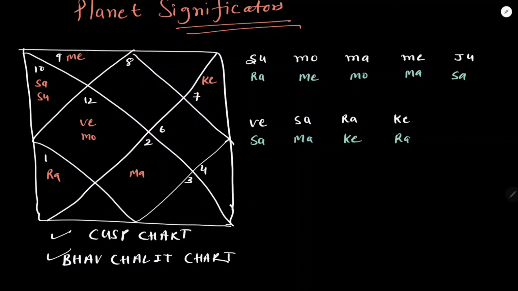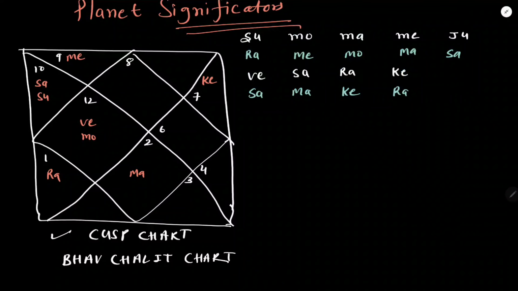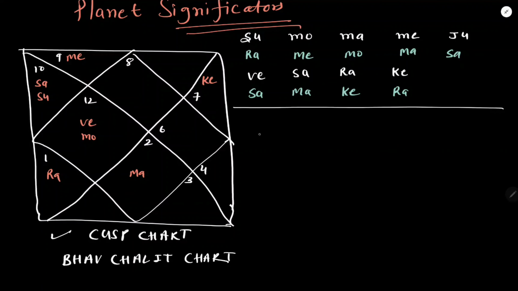This is the planetary position at that time. The sun was in the Rahu nakshatra, moon was in Mercury nakshatra, Mars was in moon nakshatra, and so on. These are the planets, and below that we have the nakshatra. So first I am going to take the sun